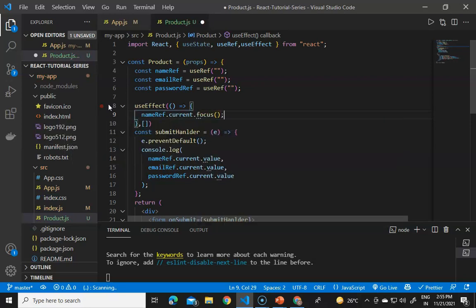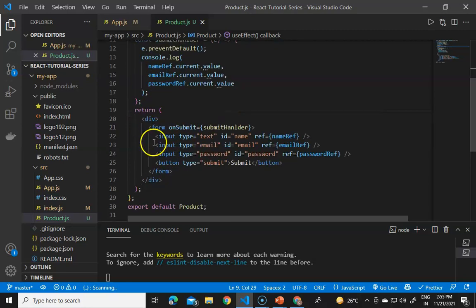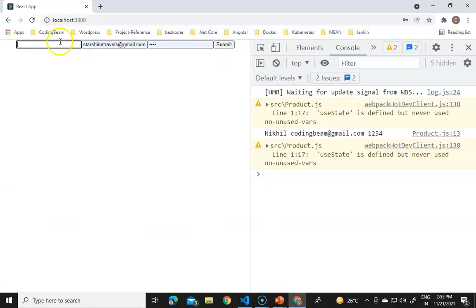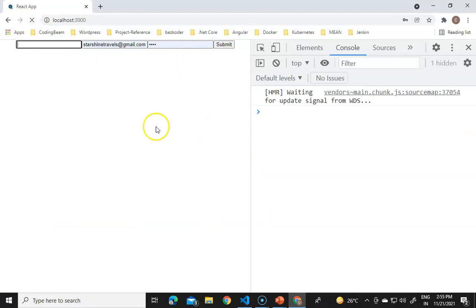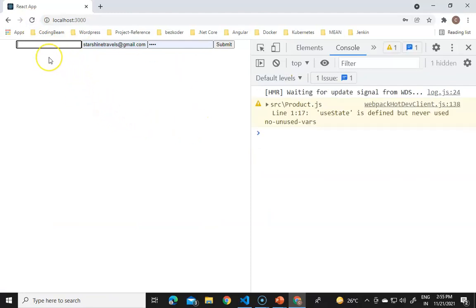If I save, the focus will be here. So whenever the component is re-rendered, the effect will be called, and the name input will be in focus. If I go to Chrome and refresh it, you will see the name input now has the focus. So you can access more properties of the DOM with refs in React, and these are the fundamentals of useRef in React.